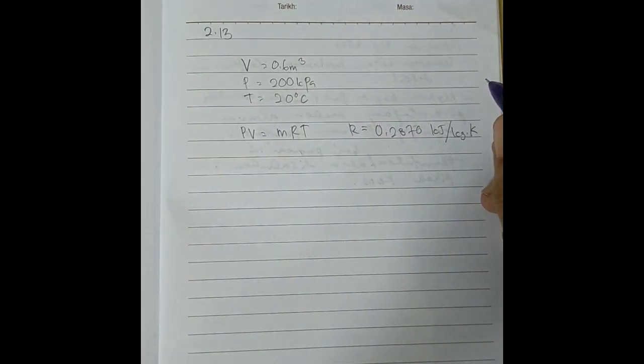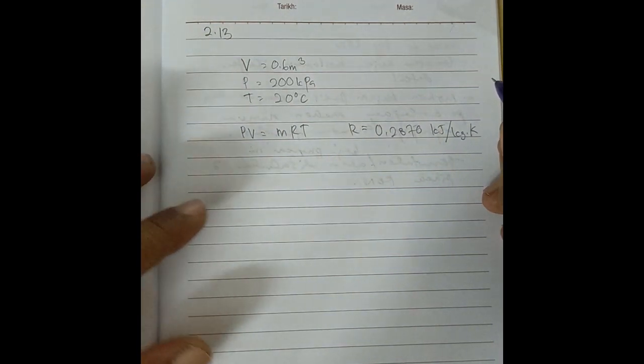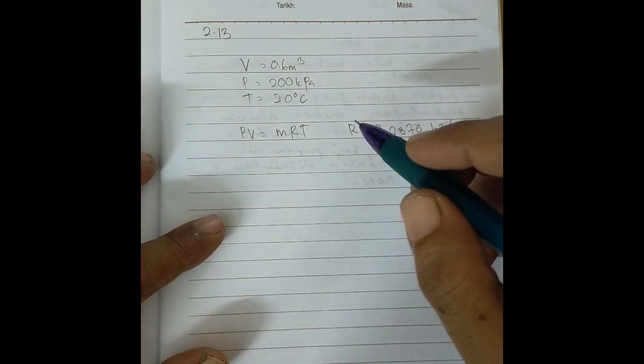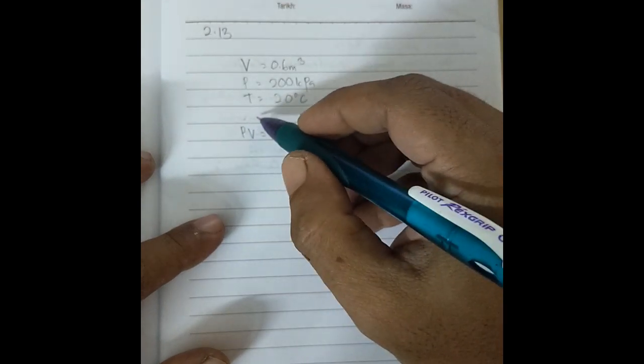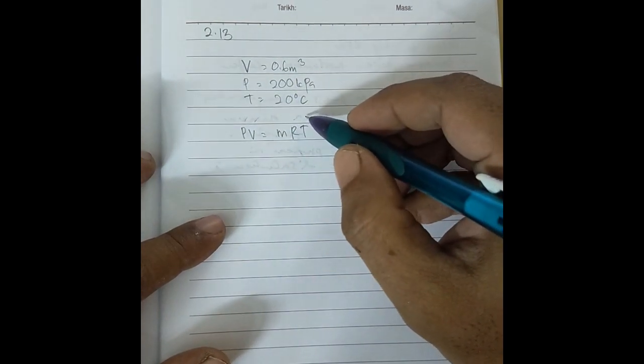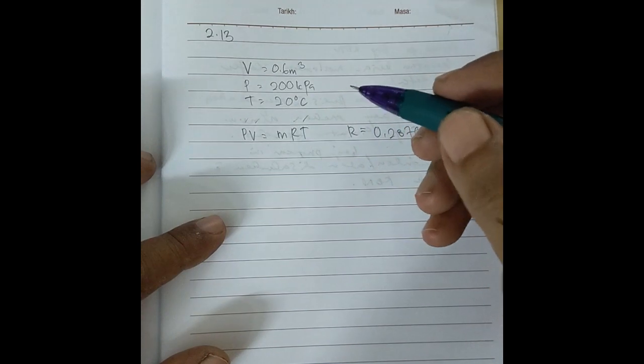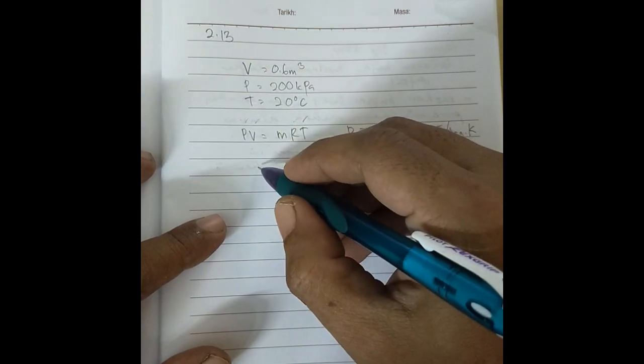Okay, so therefore P is given, volume is given, and temperature is also given. So your mass